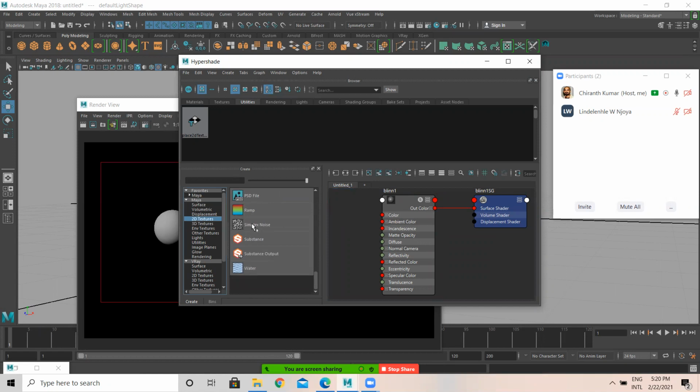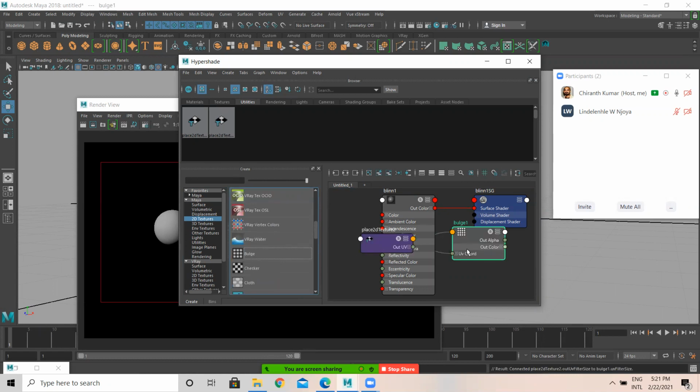Under 2D texture, I need another. Too many textures are there. Let me take this bulge.